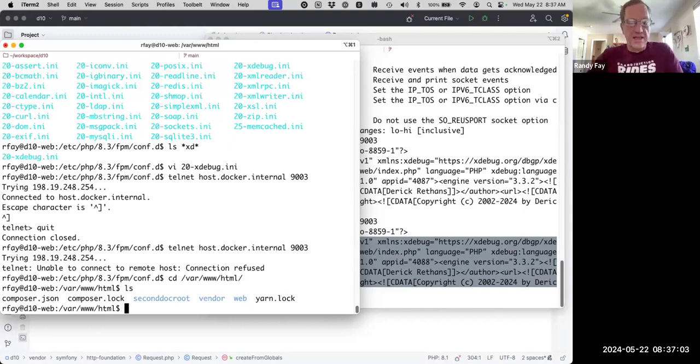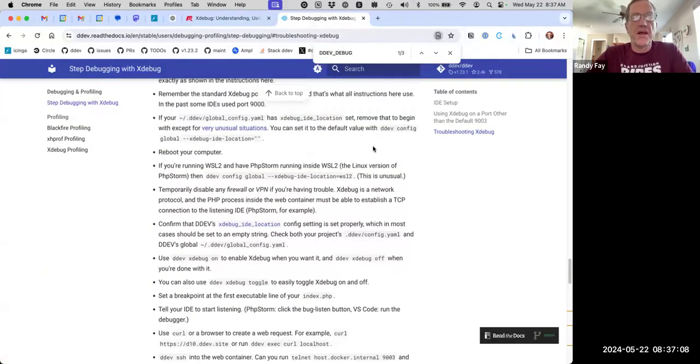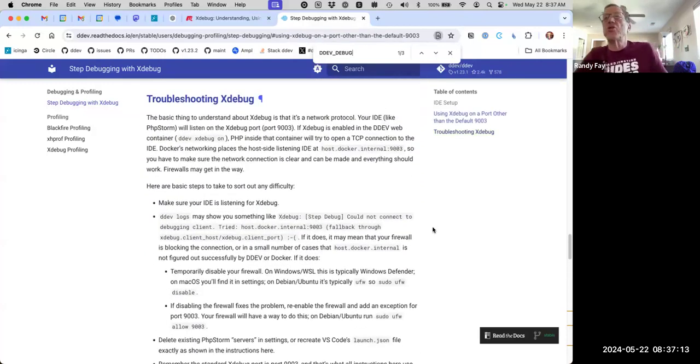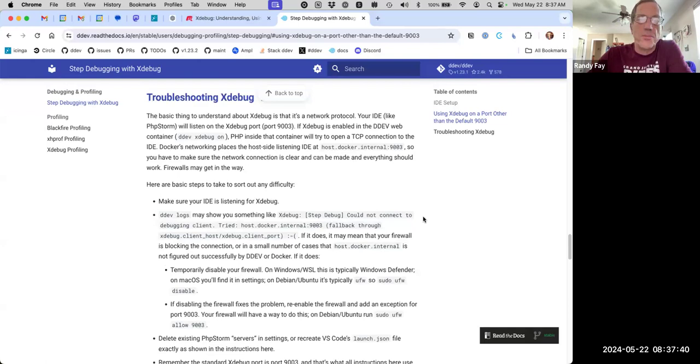Let's take a look at the DDEV debugging, because this is fundamental, and usually you can sort out anything with it. If you understand the basics of what we just went through, which direction the network request is going, so the fact that PHP is initiating a request. So if we take a look at the troubleshooting docs, which I have to go back to regularly,